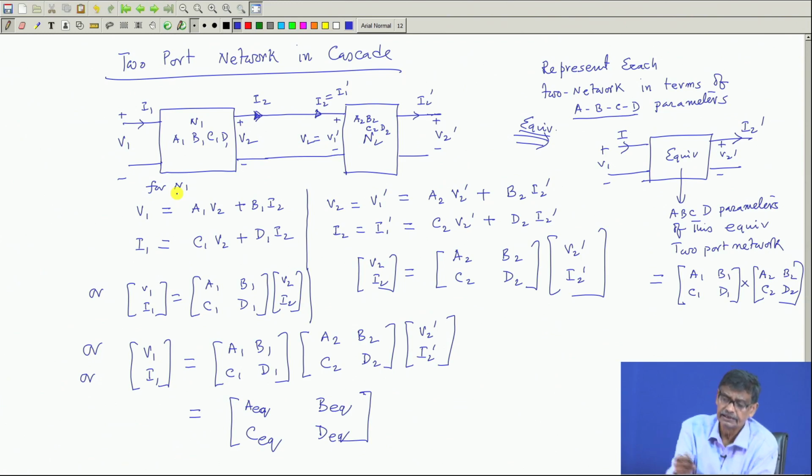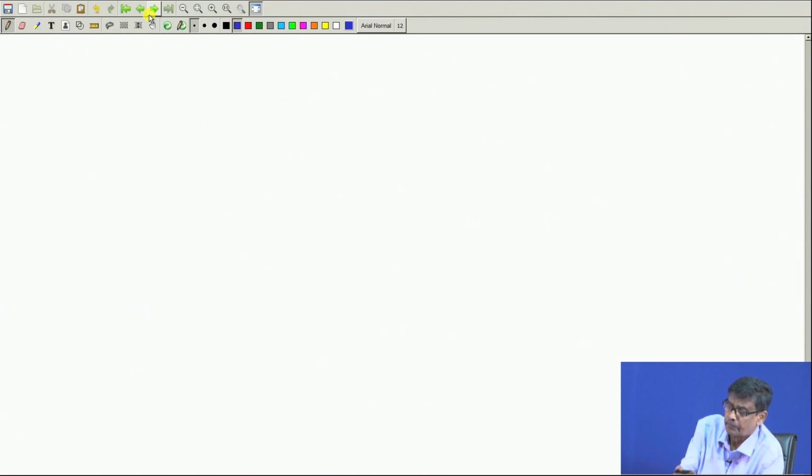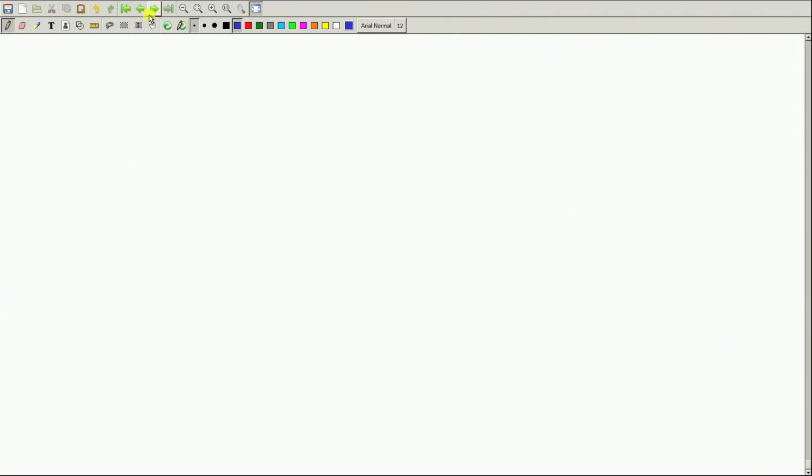Anyway, these are the 3 connections I told you, and you go through it, and if you find that any further conditions should be put, you think about that. But I have assumed here that each one of the networks is a 2-port, and I1, I1 dash etcetera are the same, and so on. Now, I will tell you something about one 2-port. So far I was telling that 2-port networks may be anything, let us start without much talking.